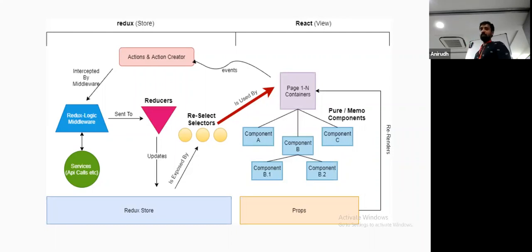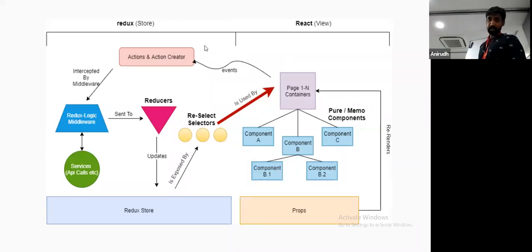If you want to make a particular change, add a component or update a component in a particular page, you just go into that folder, and inside that folder you would find all the code. He doesn't need to mess around looking at different folders. So that is the advantage you can get, and you need to make sure that the leaf level components are pure or memo components.